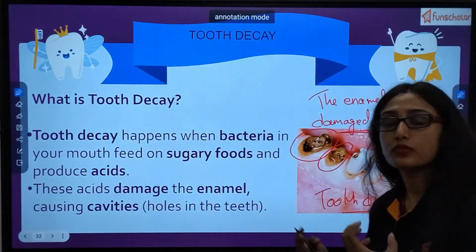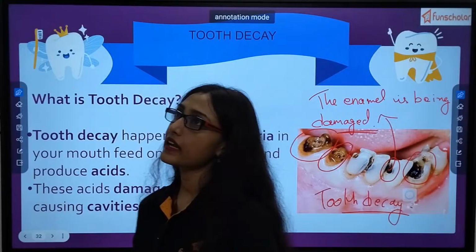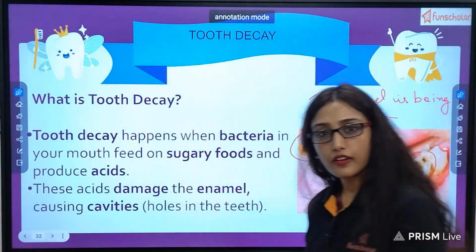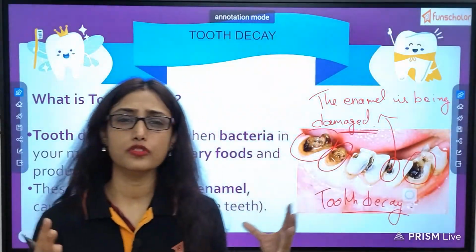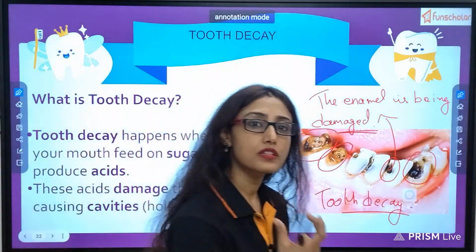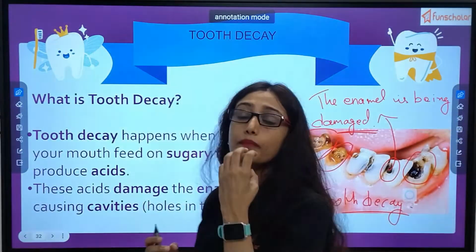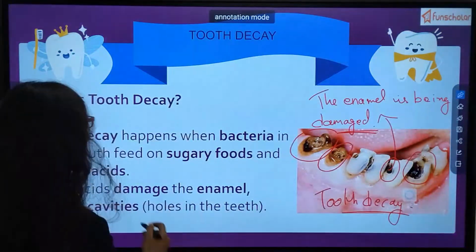Drink milk or take calcium in proper amount, do not eat junk foods, avoid chocolates or sugary products. Why? Because these things produce acid in your teeth. Now, what is acid? Acid is